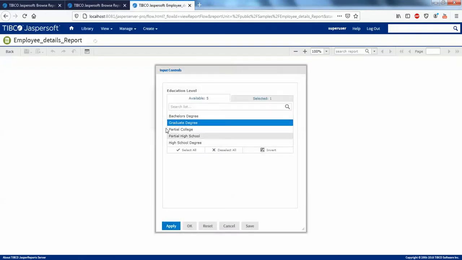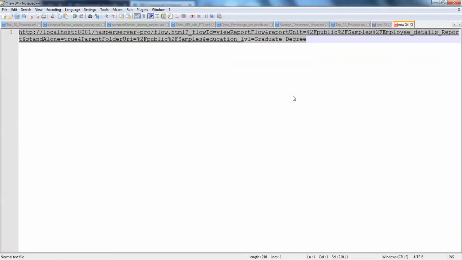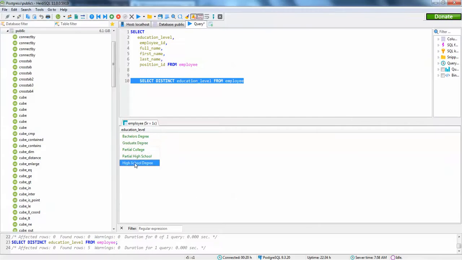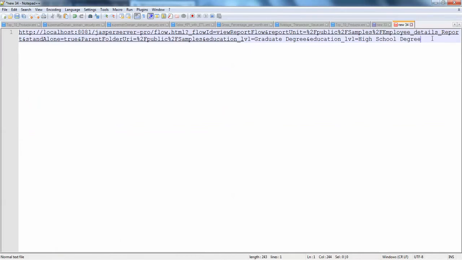If you want to have multi-select parameters in the same place, you need to do a very simple thing. Use another ampersand here, and use the same education level equals to and the parameter value you want to use. High school degree I'm going to use now. Paste it here.